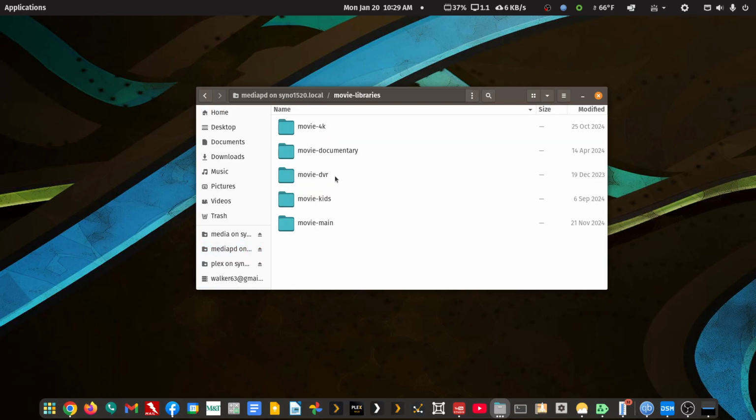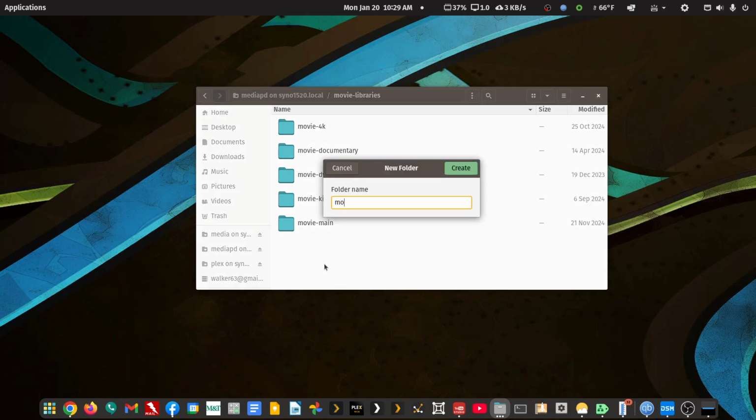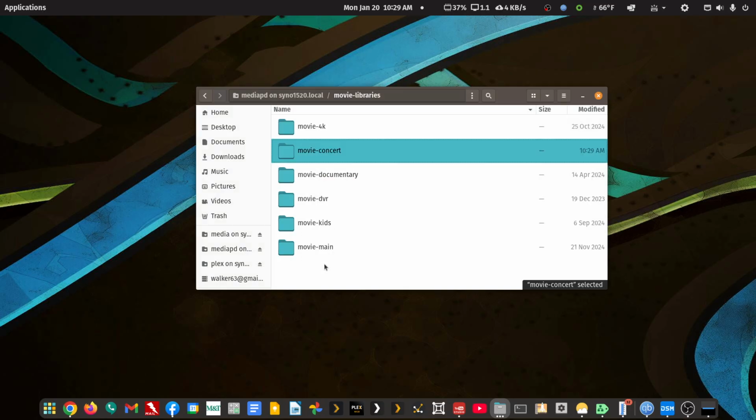So one instance of Radarr can pull for a main movie library, a kids movie library, a DVR movie library, a documentary movie library, and maybe even a concert library, a stand-up library. The only thing it can't pull extra for is a 4K movie library, unless only those movies are going into